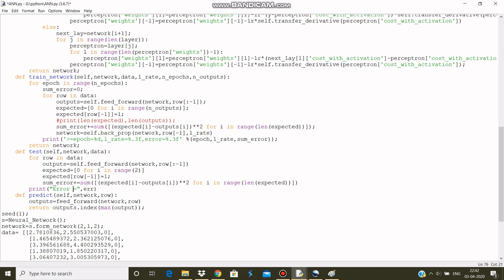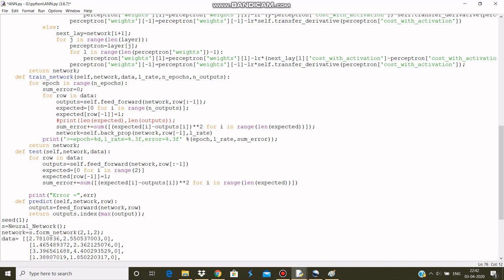Okay, so what we'll do here, err will be equal to sum error divided by, since we are sending a total of outputs, we cannot calculate every time. So we can do one thing, we can take the expected value, sum of expected of i for i in